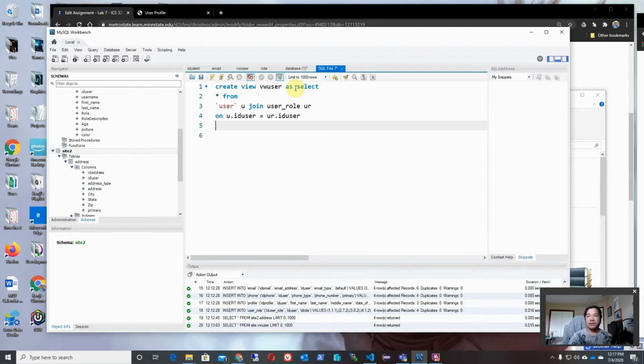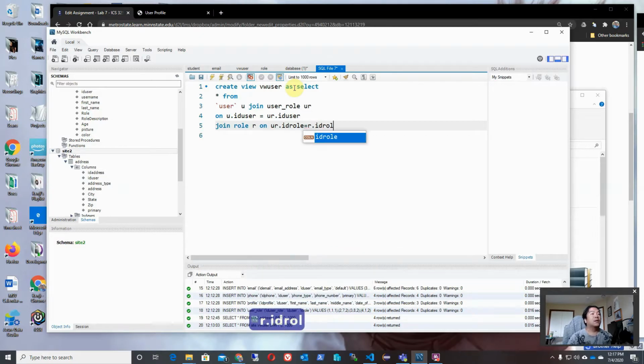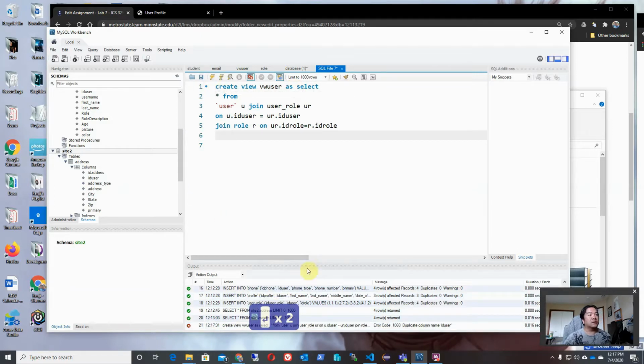And then the next thing will be to join the roles into this. Dot role, ID role equals r.id role. Okay, so when we execute this,